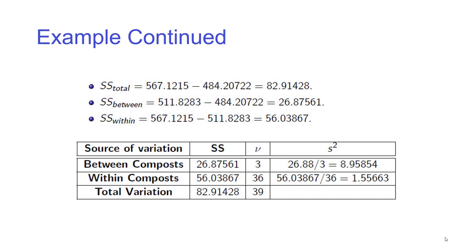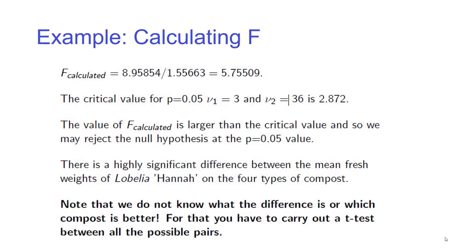So you then look at the variation you've got. The variation within is 56. So you divide that 56 across the 36 degrees of freedom, so the variation of each individual one is 1.5. You divide the variation between the groups, which is 26, across the 3 degrees of freedom between the groups, which is 8.95854. So in the end, your F calculated is this 8.9584 divided by 1.56,